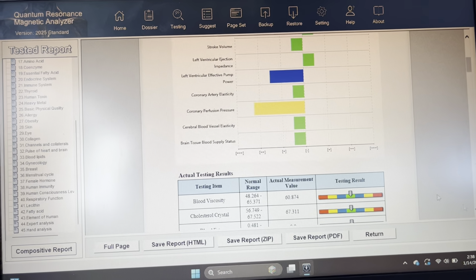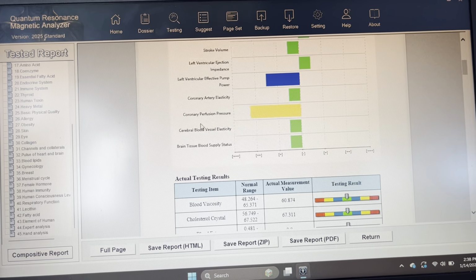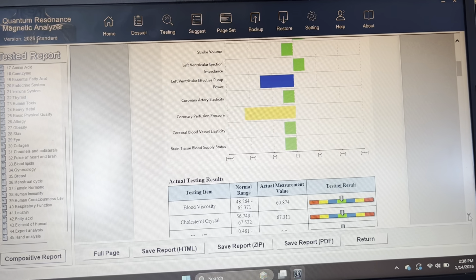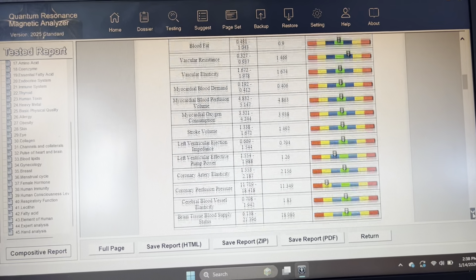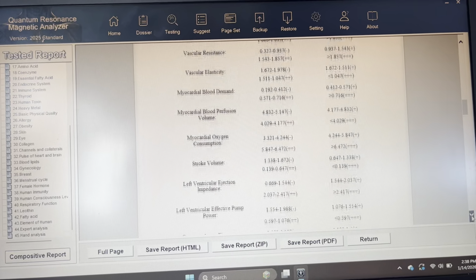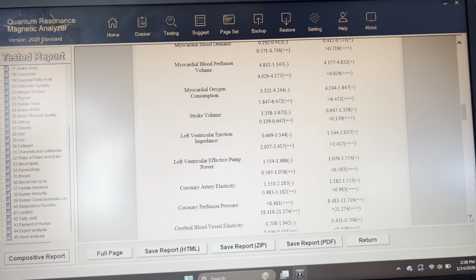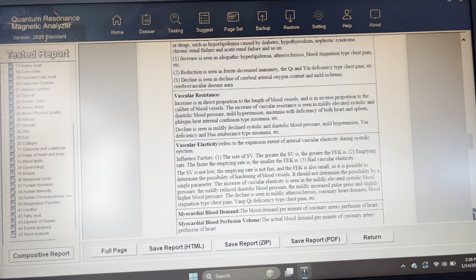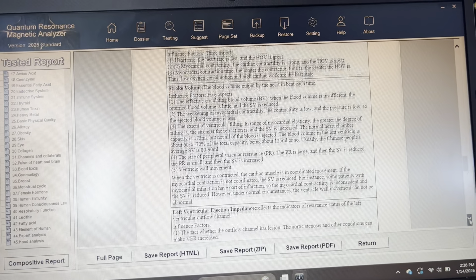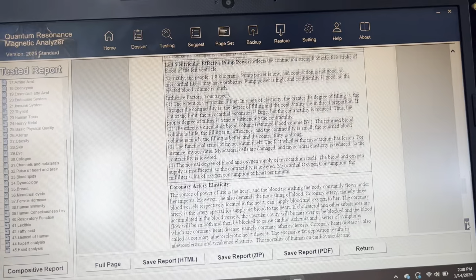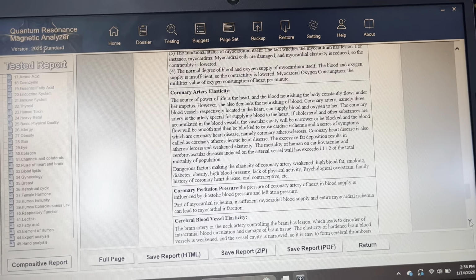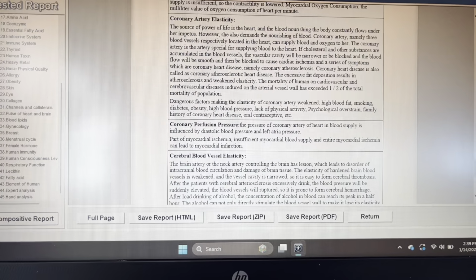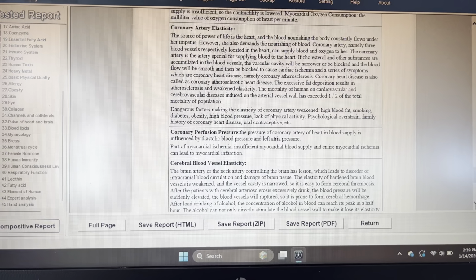And then, like I have a yellow here, right? Coronary perfusion pressure. So, well, what is that? Well, you just keep on scrolling down a little bit, and it will literally tell you exactly what that is, and exactly what that part of your body does, how it functions, and why it's important for it to be balanced. So in this case, the coronary perfusion pressure is the